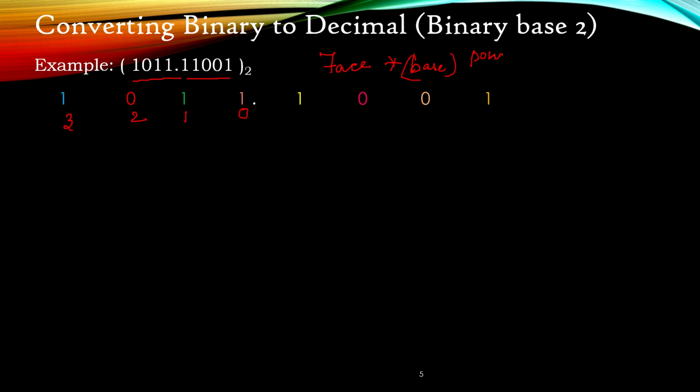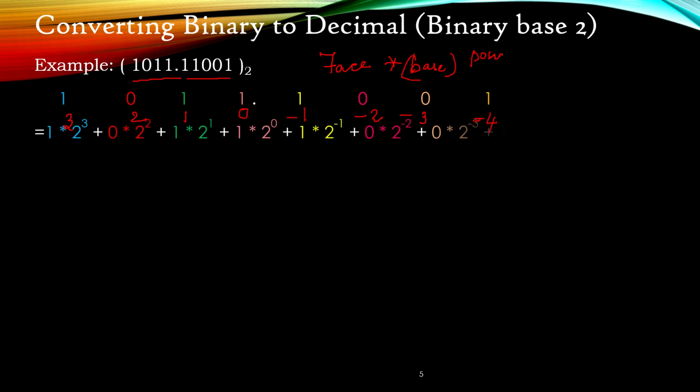And after the decimal, it will be going with -1, -2, -3, and -4, right? So now we are going to convert it. So let us consider, I have made out the calculation over here. So for 1,